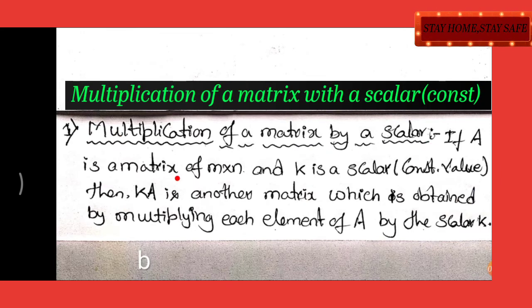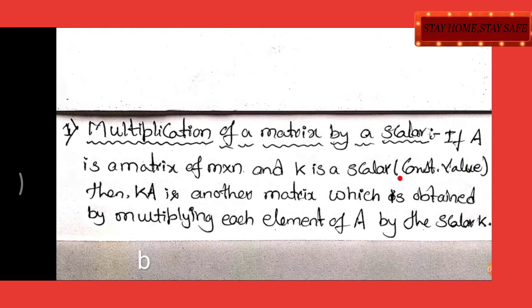If A is a matrix of order m by n and k is a scalar, meaning a constant value. Mind you, my friends, what's a scalar? Scalar is a constant value. Constant value indicates that it can be 1, 2 or any digit, either negative or positive, but not 0. Excluding 0, it can be any integer. So k is a scalar, and then kA is another matrix which is obtained by multiplying each element of A